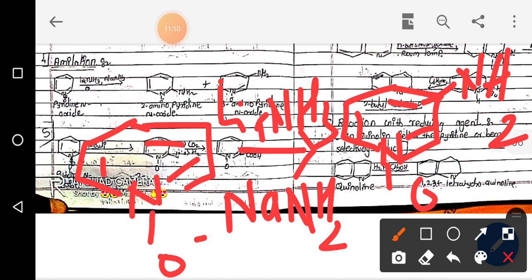These are the two products when we are doing the amination at the 2 and 3 positions. So please remember, if you are confused while studying this, do practice regularly. If you practice more and more, you can easily understand where the substitution reactions take place. So next is the